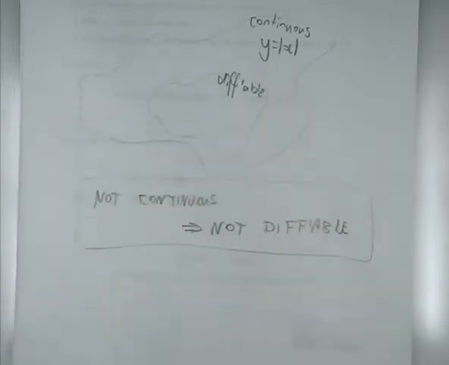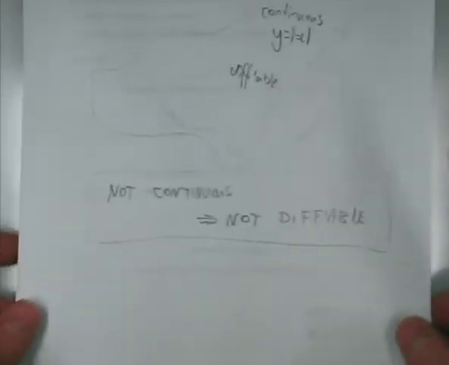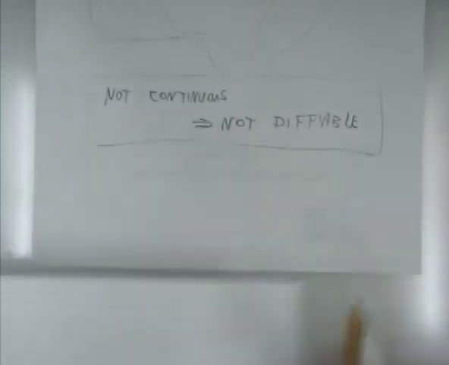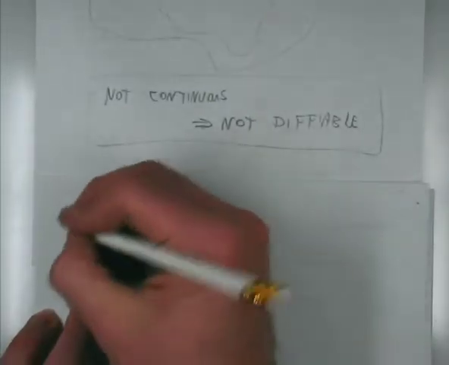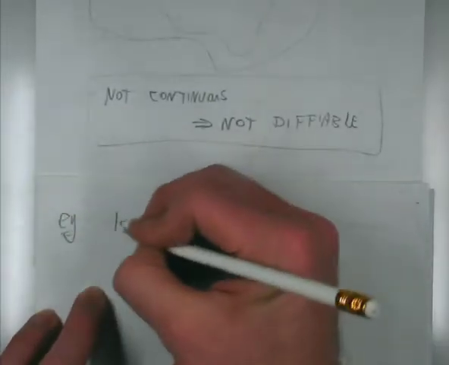Basically, if it's differentiable, that means it's continuous. But if it is continuous, you don't know if it's differentiable or not, because there are plenty of functions that are continuous that aren't differentiable. So, as an example, you might ask,